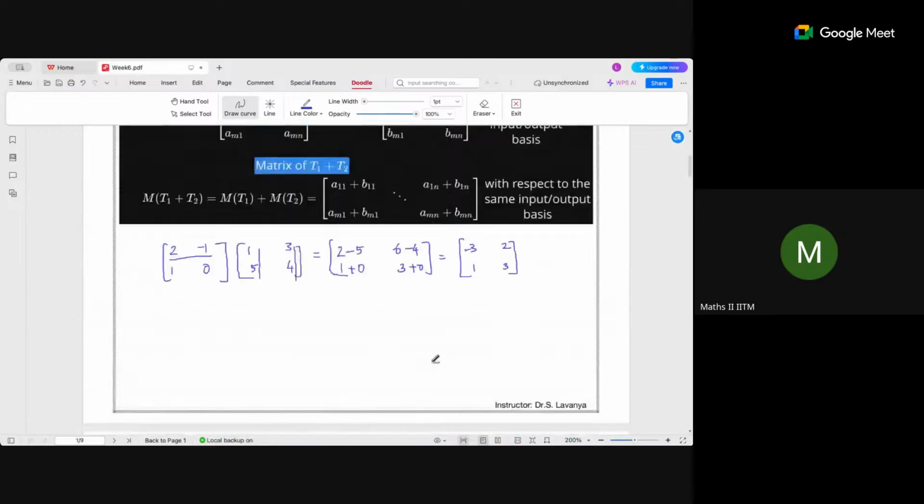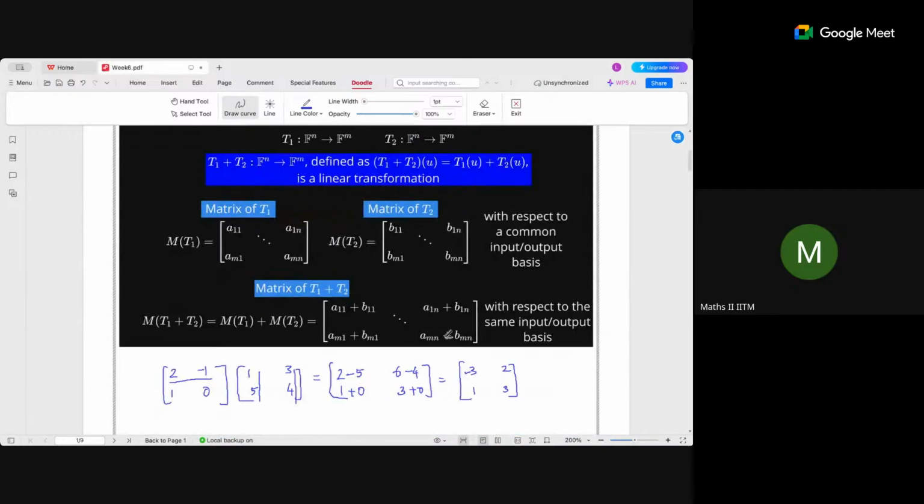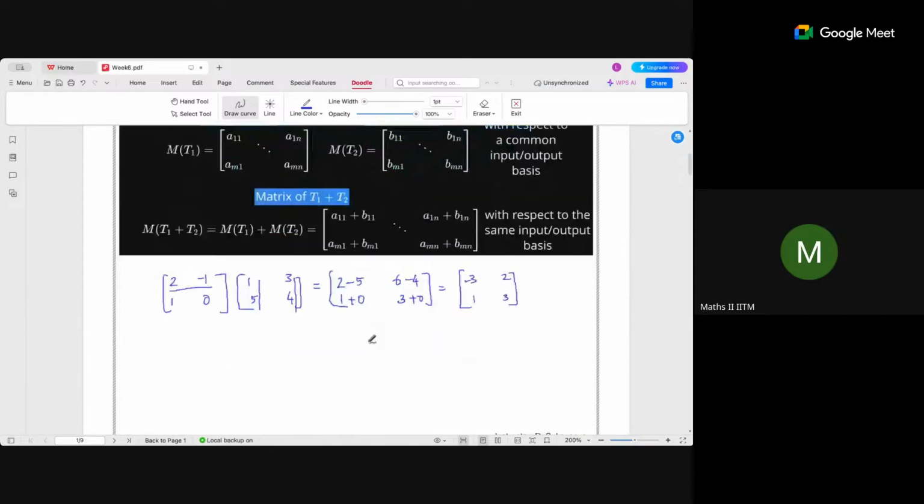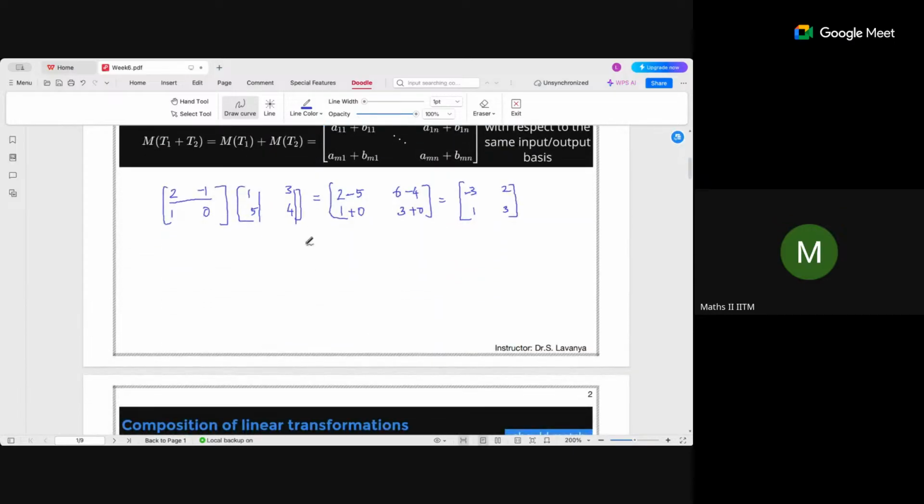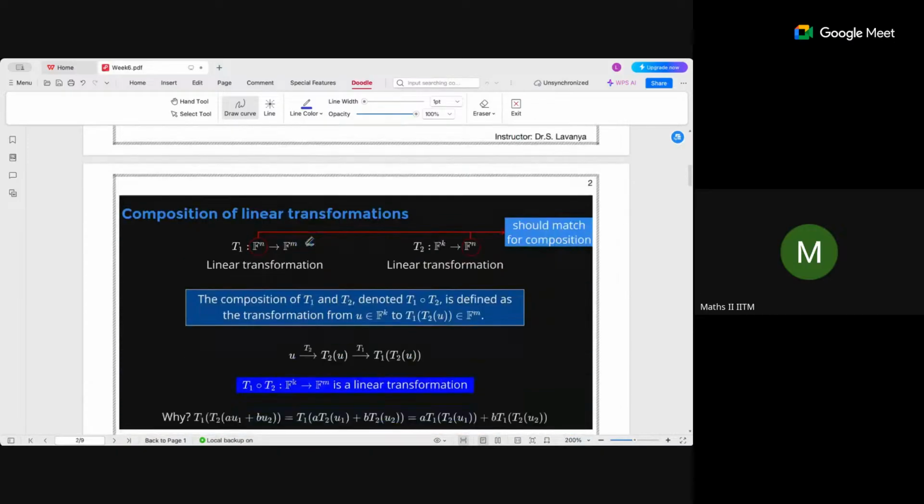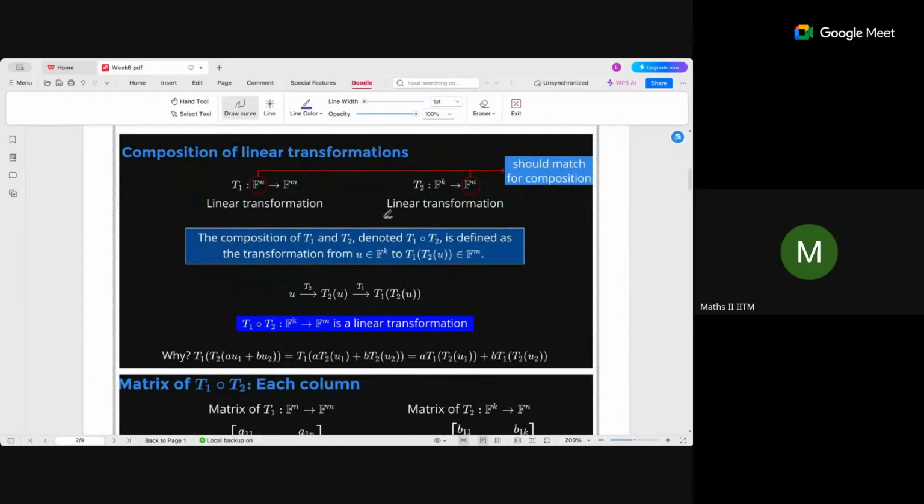Just like we saw that the sum of two matrices represents the sum of the linear transformations, similarly the product of two matrices also represents the composition of the respective linear transformations. So first, what is the composition of linear transformations? If you have two transformations, let's say T1 and T2, provided that the domain should match with the codomain if you want to define T1 composition T2,